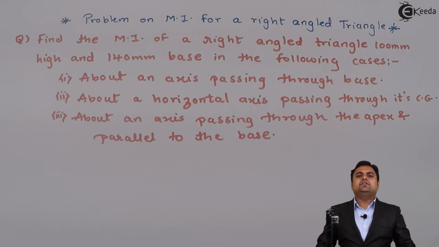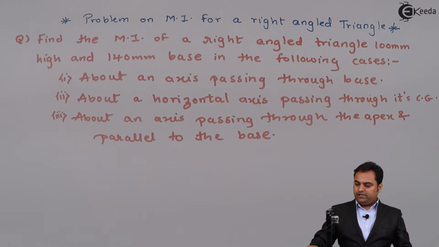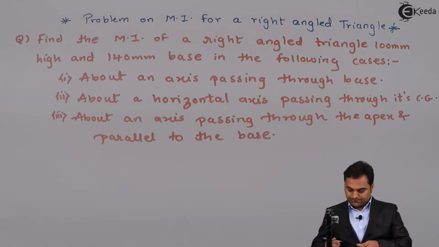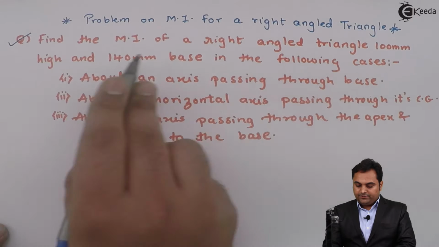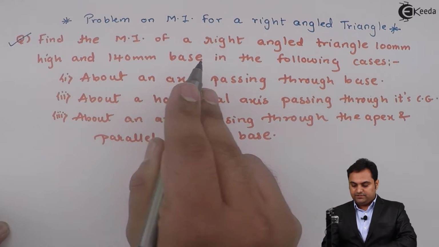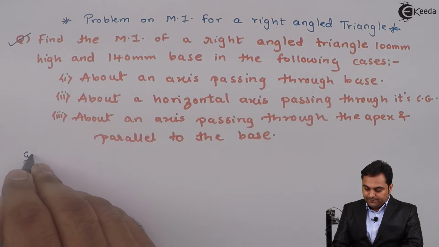Hello friends, here in this video we will see a problem on calculation of moment of inertia for a right angle triangle. For that purpose, here we have a question. Find the MI of a right angle triangle 100 mm high and 140 mm base. I'll write it in the data